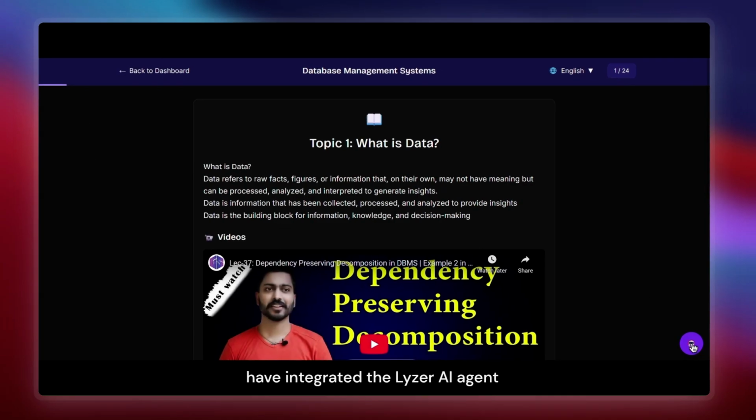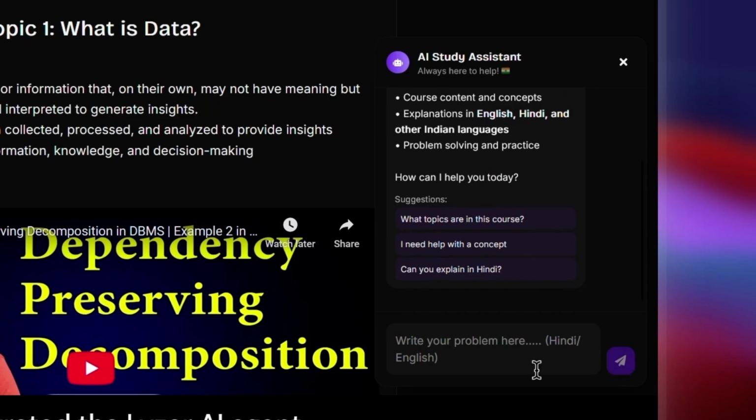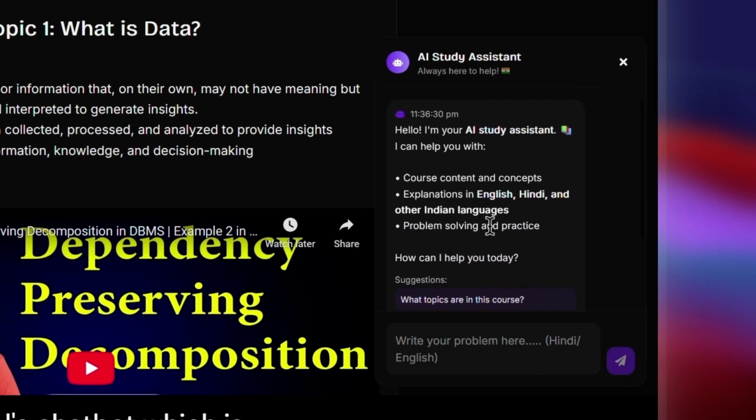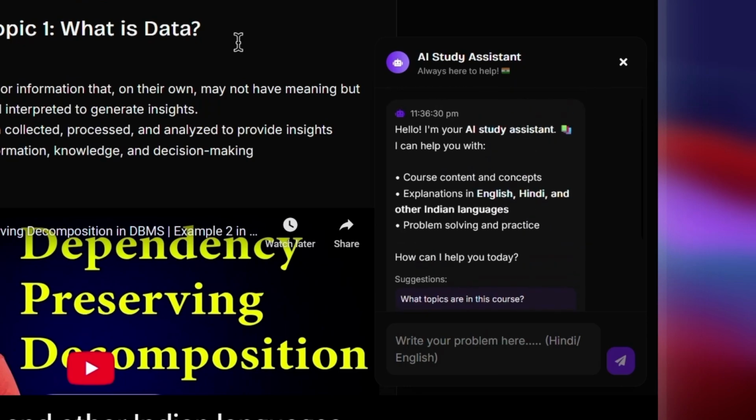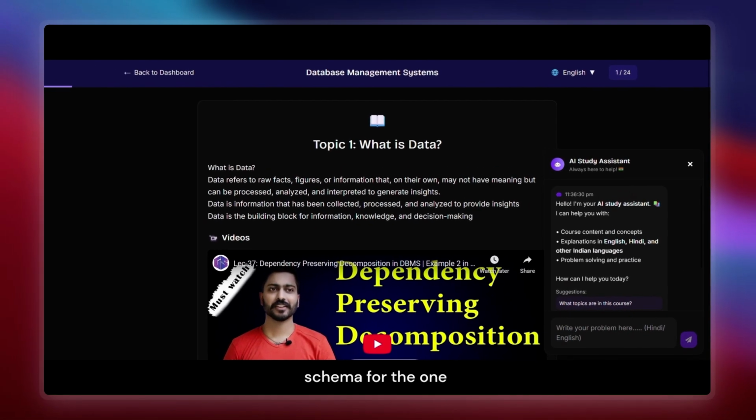Here we have integrated the Liza AI agent model chatbot, which is available in all sorts of languages as well. So it can give you explanations in English, Hindi, and other Indian languages as well. Let me just show you the schema for the